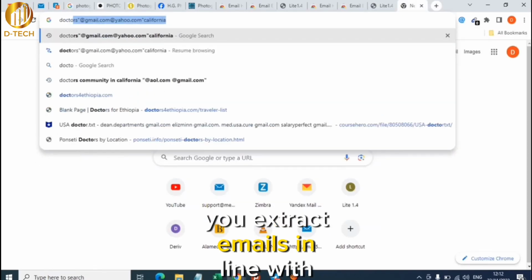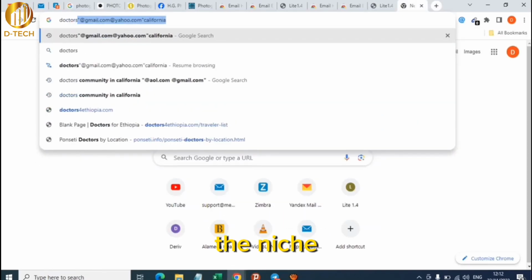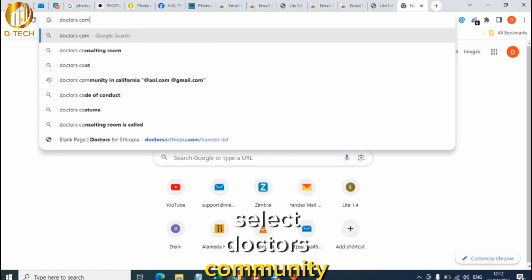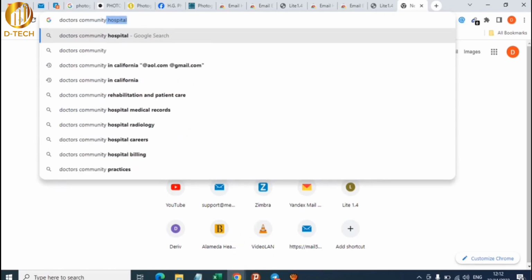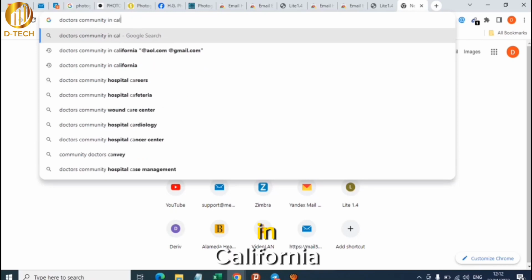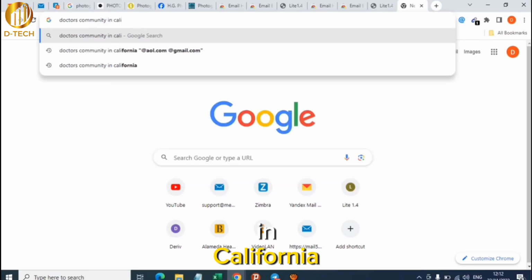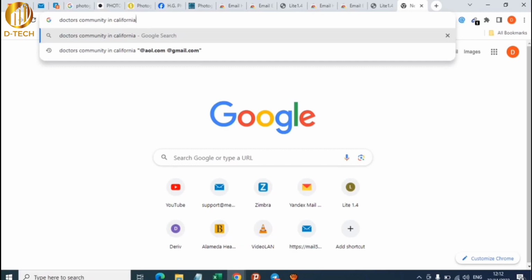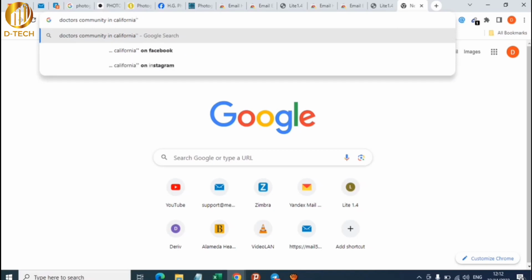You extract emails in line with the niche you want to reach out to. So here, select doctors community in California. Doctors community in California. Then in quotes